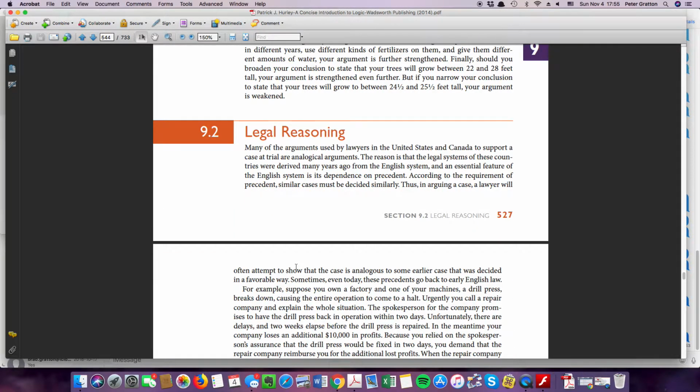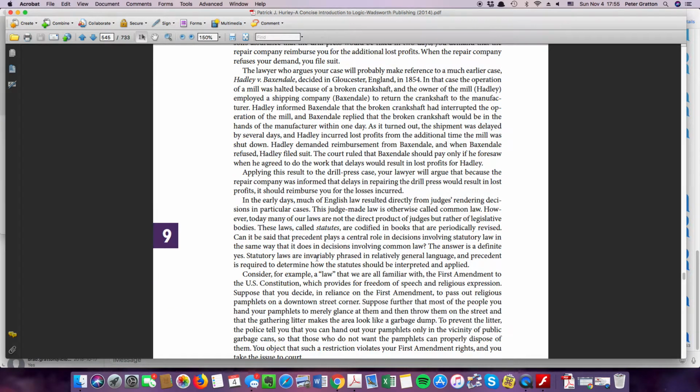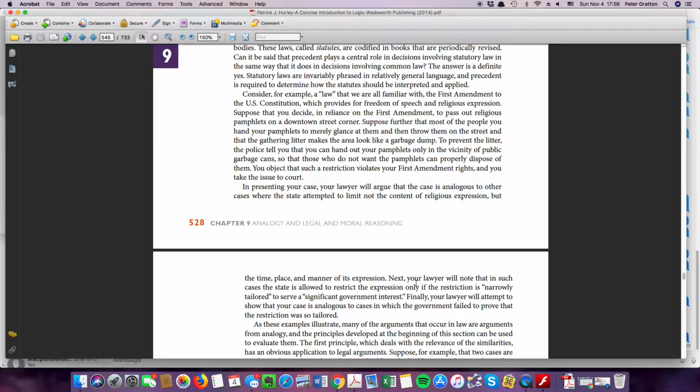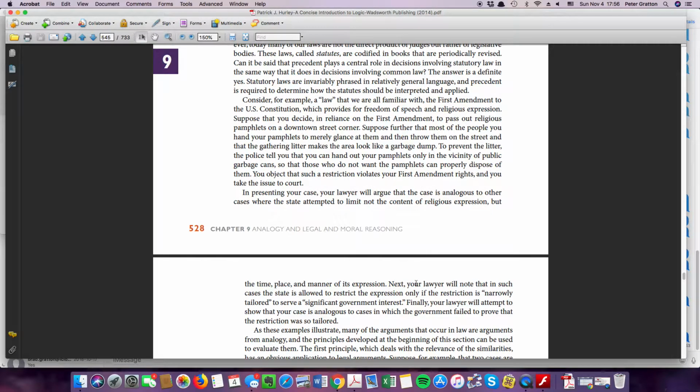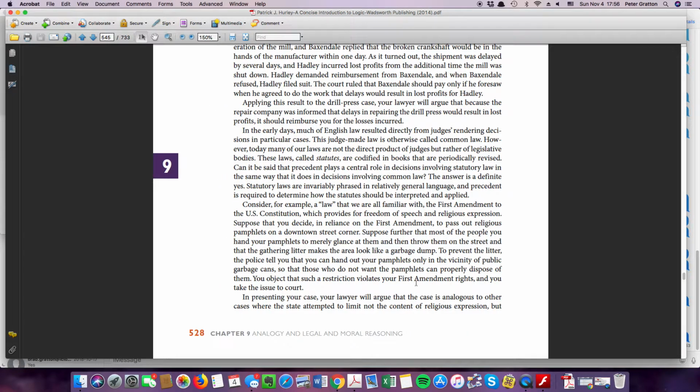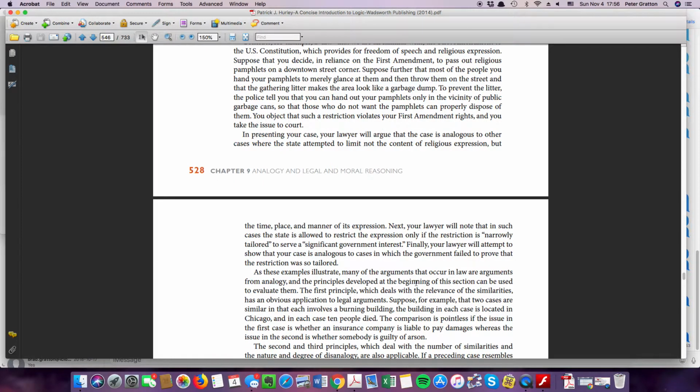Just to shoot forward, this legal reasoning we'll get into in a little bit. But basically what happens in judicial cases is judges are looking to make an analogy between the case before them and previous cases. And so the stronger the analogy to a previous case, the more likely they are to see that as relevant to the case before them. And they are likely to rule in a similar manner as the previous case. That is known as precedent. And precedent is extremely important in the law. It is not always followed, for various reasons.